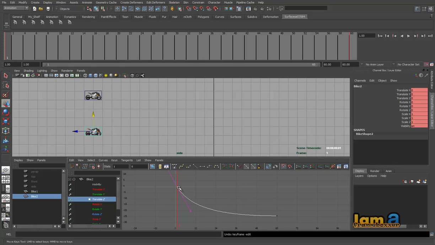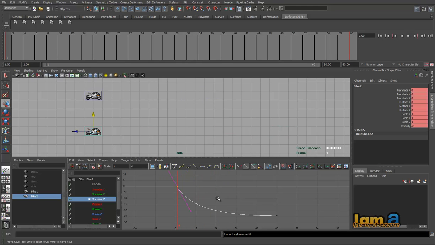You can hold Shift on the keyboard and start moving this, or move this down. So the start position is changed for the first keyframe. This is changing the value, and this one is changing the time. If I do this horizontally, it means I am starting the animation from the 12th frame only. If I scrub this, nothing will happen for the second bike till the 12th frame. From 12 it will get started.